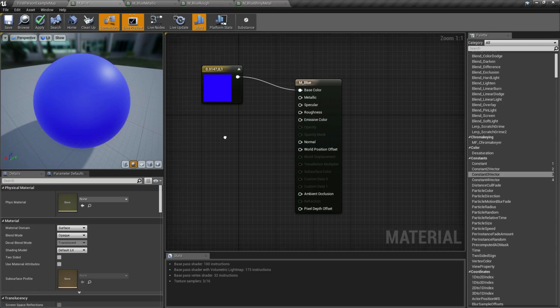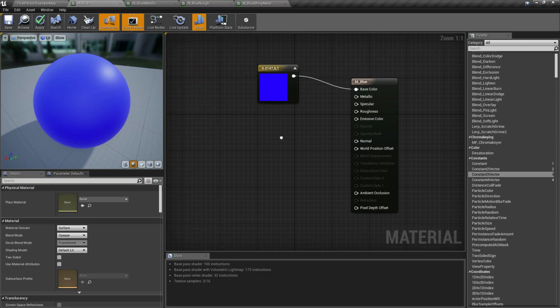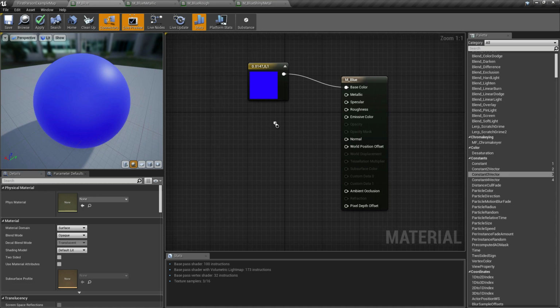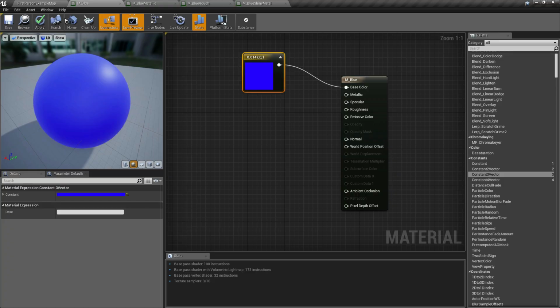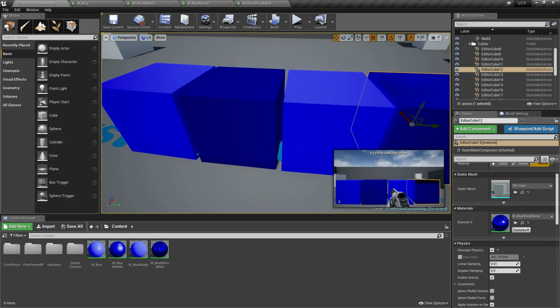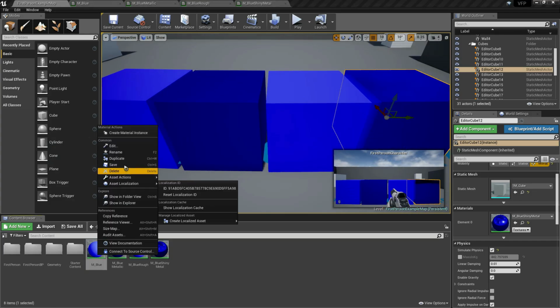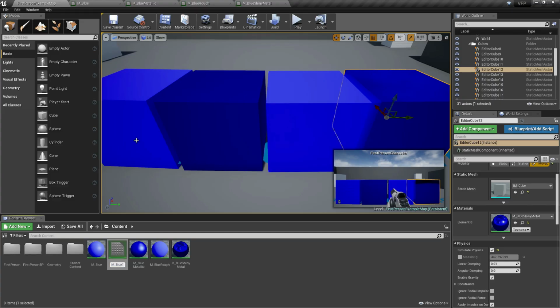We apply the emissiveness on that kind of object. So to start, let's duplicate our first material, and let's name this blue glow. Let's open this.